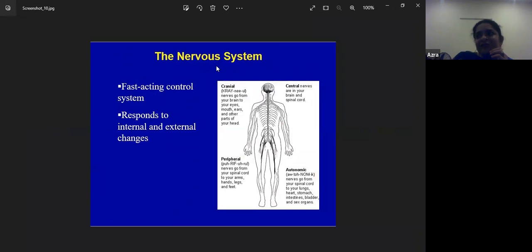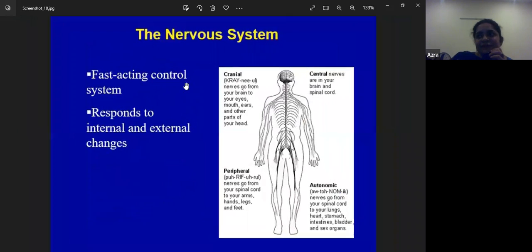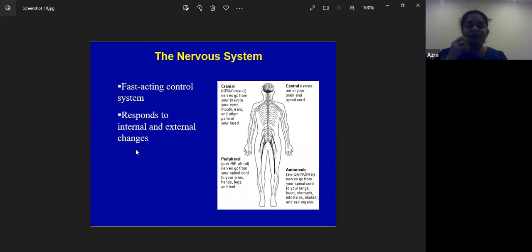Now next is the nervous system. What is the nervous system? It is a fast-acting control system and it responds to internal and external changes. For example, when you feel a fever, you feel hot, you feel warm. How can you feel that? Because of your nervous system,